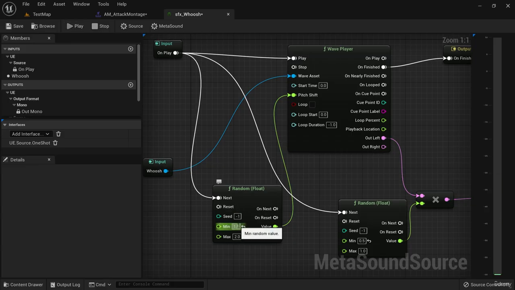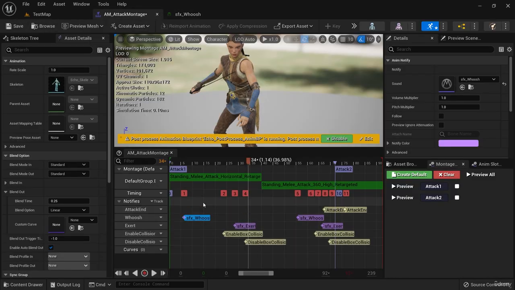It's still a bit slow, so I'm going to raise it dramatically. I'll have a min of 5 and a max of 7. So that's a bit faster and higher pitched. I might even want a min of 6 and a max of, say, 8.5. That's a bit better. Now I can save this, and back in my attack montage, I can position this whoosh